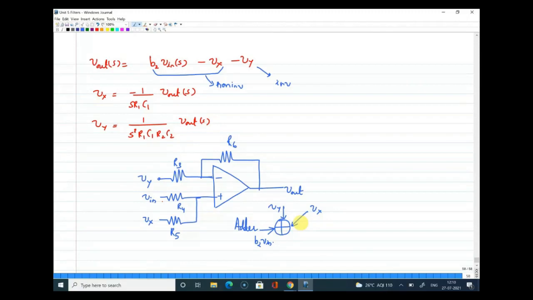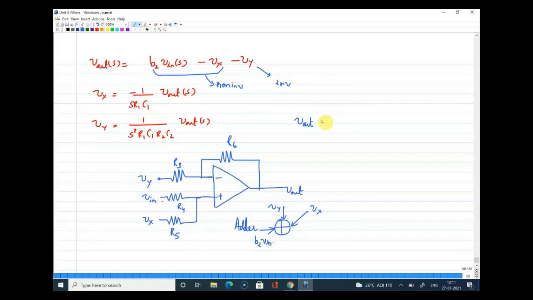Yeah. So if you can see that Vy, there is no negative sign because it is going through two integrators. In order to retain that negative sign, Vy is directly connected to the non-inverting terminal because that is required. But for the other thing, I am directly connecting to the non-inverting terminal. Right. Now, let me write what is V out here as a function of V in, Vx and Vy. How will I do that? You have three inputs and there is one output. So you can definitely apply the superposition principle. So give one input at a time and write the contribution at the output, and at the end you can add everything together. So how will I write?